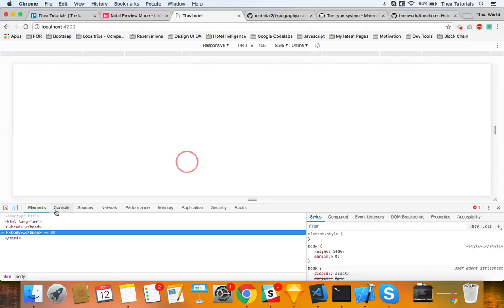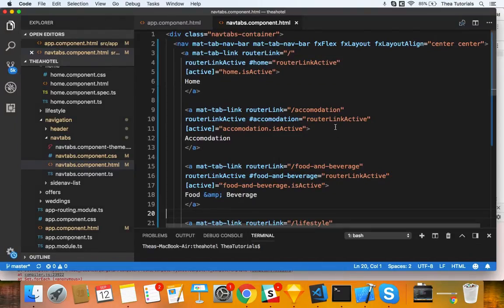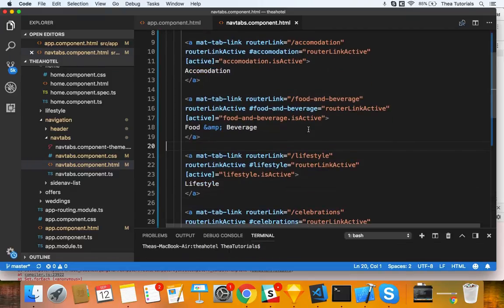So let's just come back to console and router links, food, and dash. Okay, so I know what the problem here is. We're gonna get this done. All right, so let's just remove this here. Okay, I don't know. This may not be the